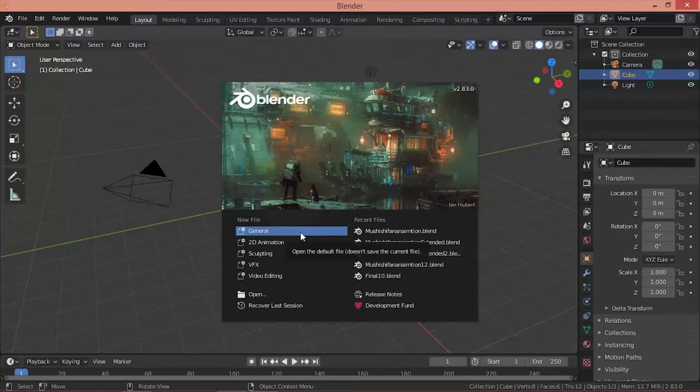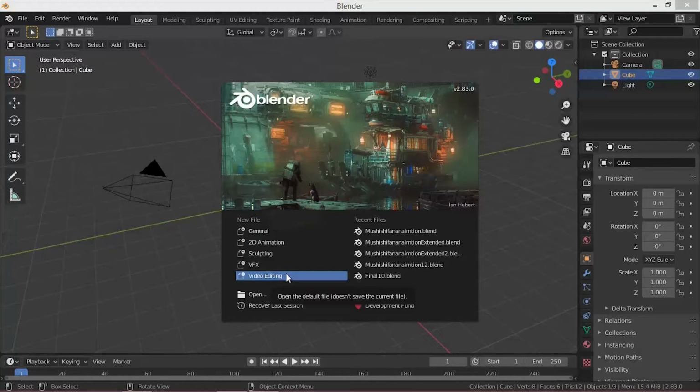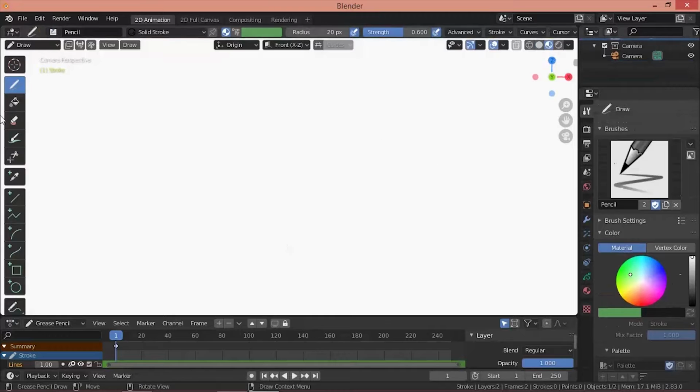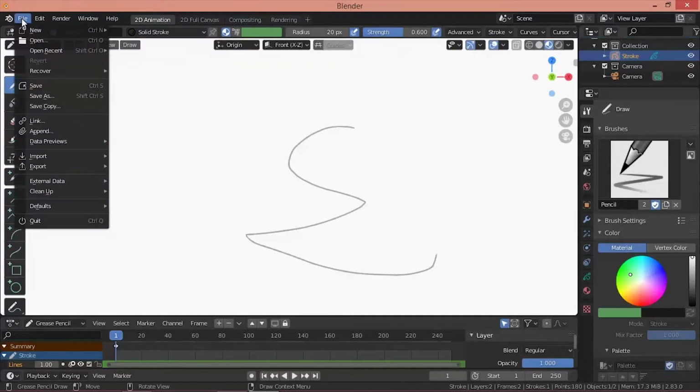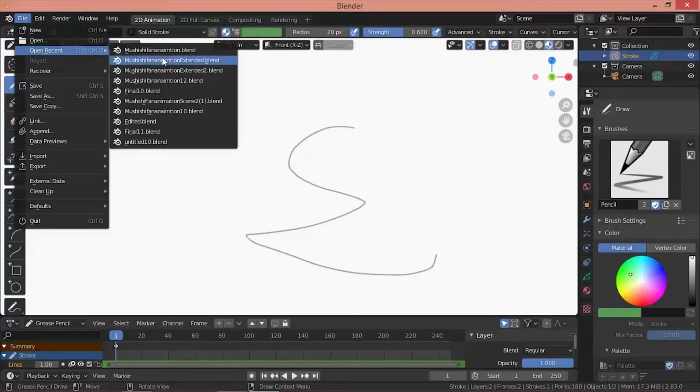And so we finally jump into Blender. So Blender, when it starts, it's actually a 3D animation software, but it's not only a 3D software, it also has 2D animation, sculpting, VFX, and video editing. So there are a wide range of things it covers, and usually if you want to do 2D animation, you go straight to 2D animation and it sets up all the things required for you to directly start drawing. However, I'll be opening my file to show you all